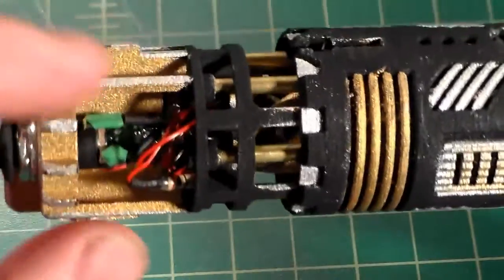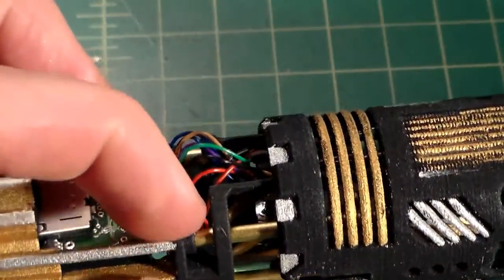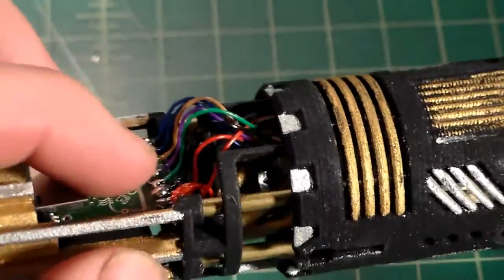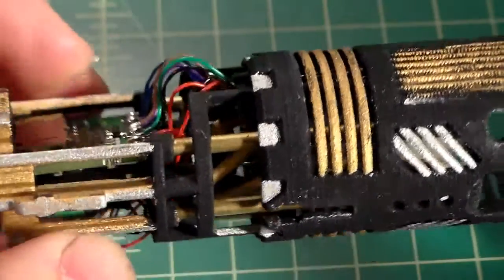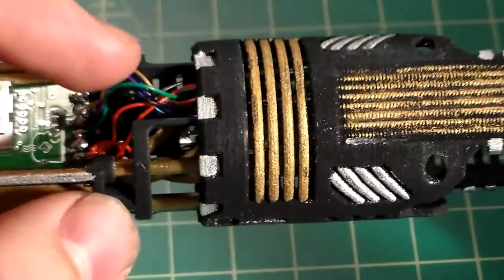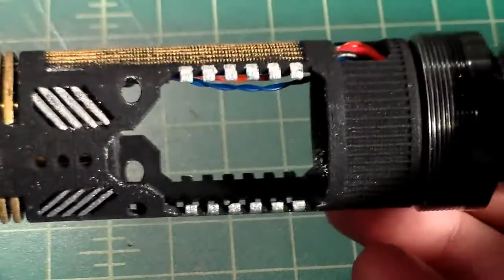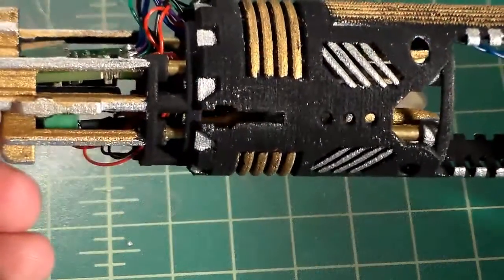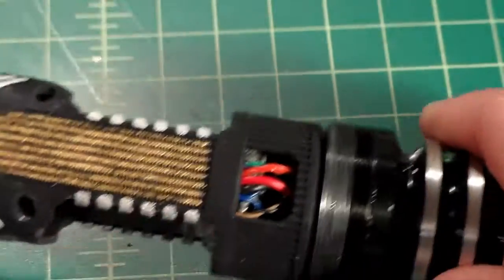Okay, so I have all my wires, my red and black wires, pulled down through. As you can see, they're resting much more naturally down there. My board is pretty much fully inserted where it's going to go, nice and kind of held in place there. But as you can see, we have all this excess wire up top that rides in this channel, and as we close this, we have a lot of excess here. So what you're going to want to do is